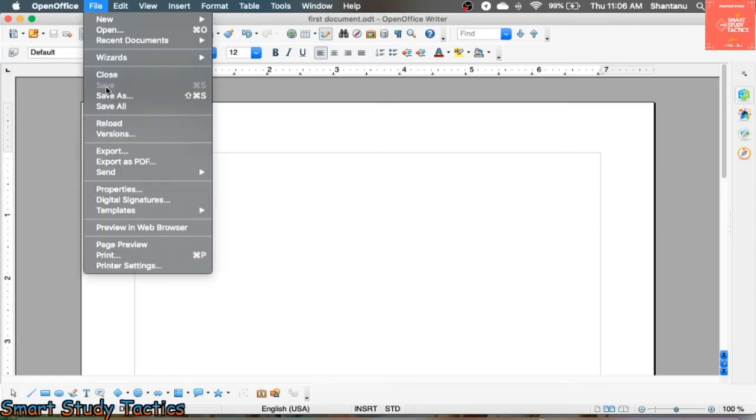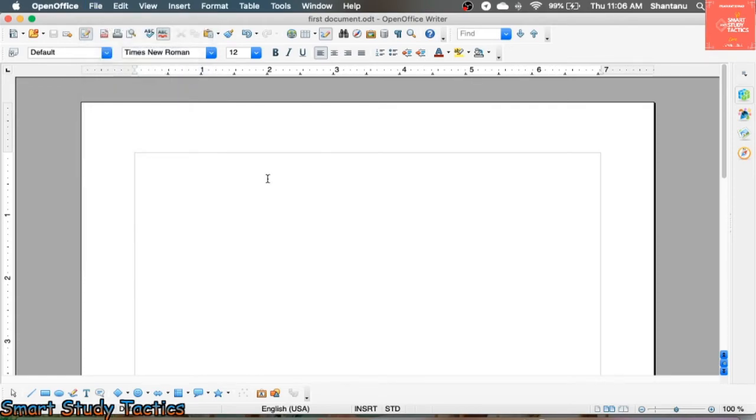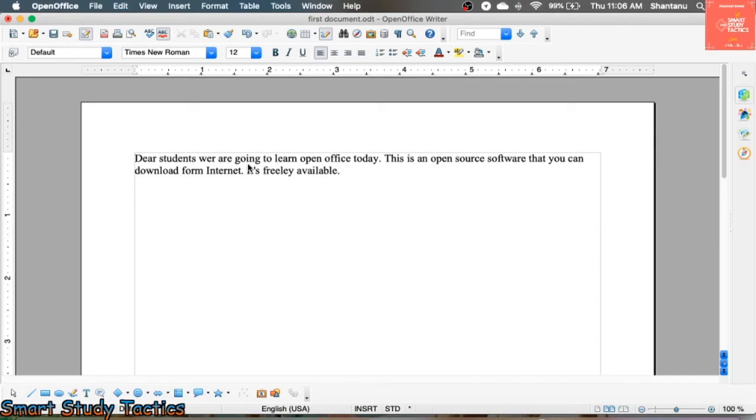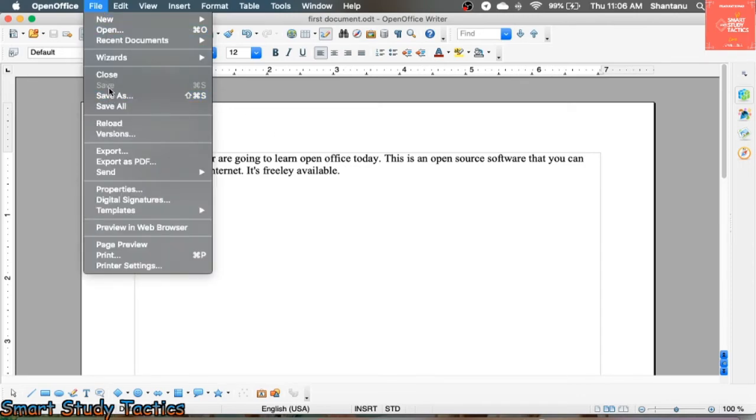Now you can see this save indicator is hidden. It will appear whenever I make changes, as I am going to write down this line. Suppose I have written it. Now again this option appears, which means whenever you make changes while writing or working on the current document, you must press Ctrl plus S to save your current data. Make sure of one more thing. Now you can see I pressed Ctrl plus S, and it is hidden.